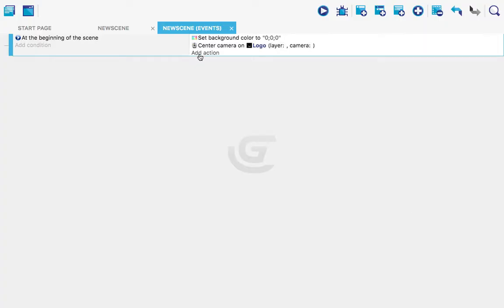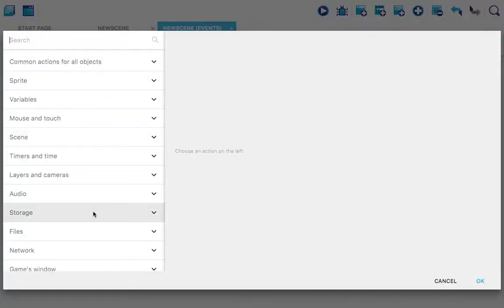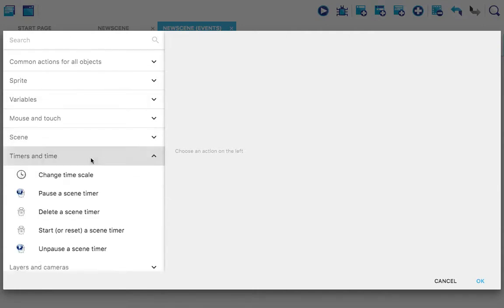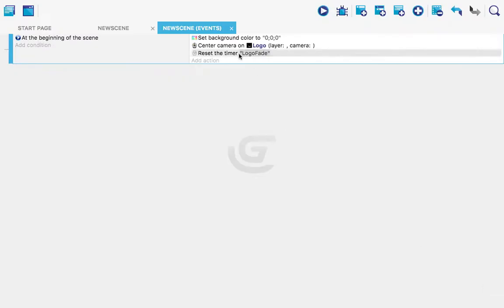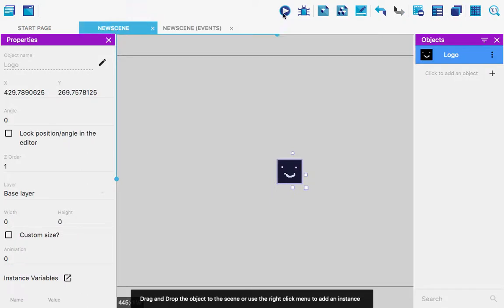And we also want to do a scene action. We also want to start a timer, and you'll see why we're doing this as well. So if you start a timer called logo fade, I guess, because that's what's going to happen. And now if you run this, what should happen is